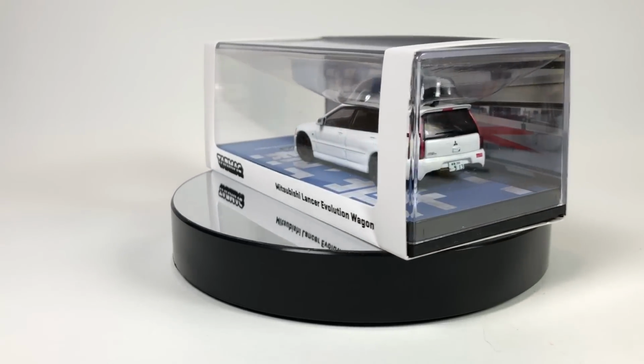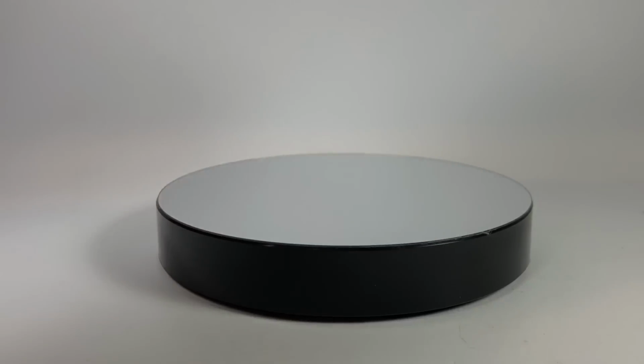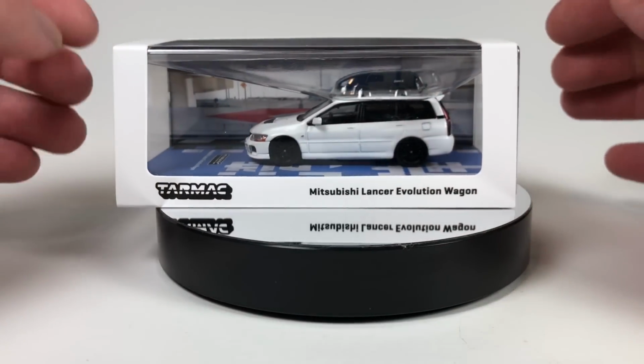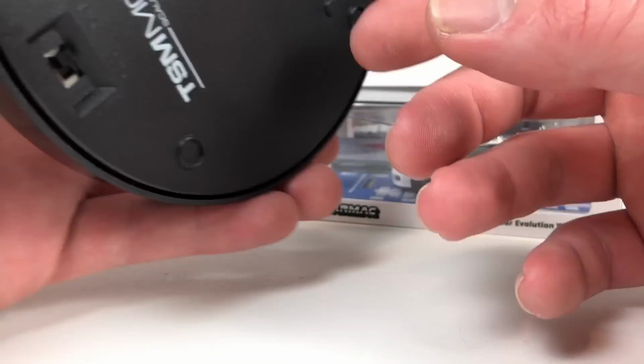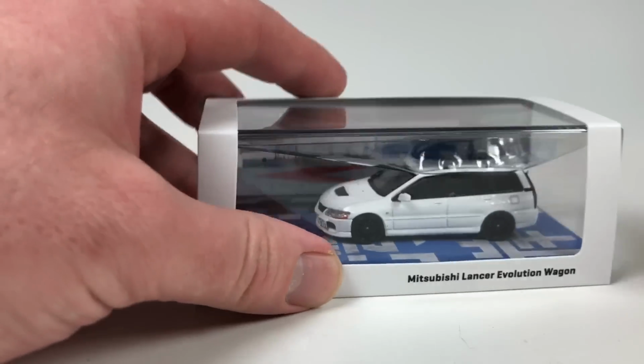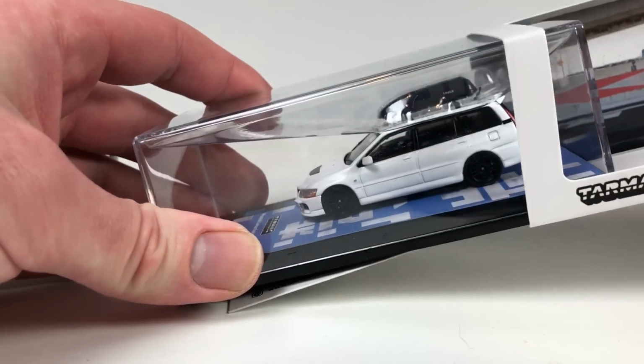Let's go ahead and pop that open. Like I said, I'm not going to be using this too much in videos or anything like that, but I thought it'd be kind of a cool little display thing to set a model on in my room. So, in fact, we're just going to turn it off for now. But it is kind of cool. So, very cool. All right, let's open up this Tarmac Works Mitsubishi